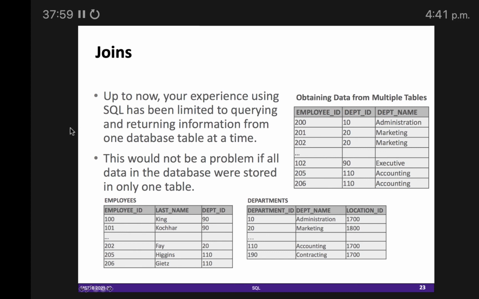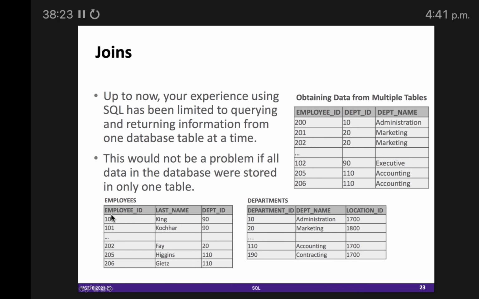But this joining process is easy with the help of SQL. For example, you can see in this table, I want to know what is the department name of King. Just imagine this is one Excel sheet. All of you know Excel sheets, right?